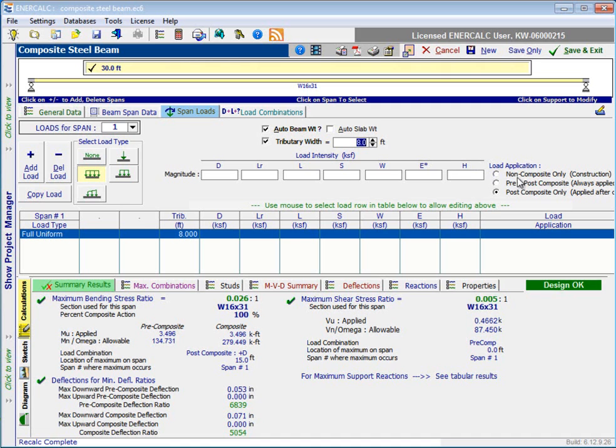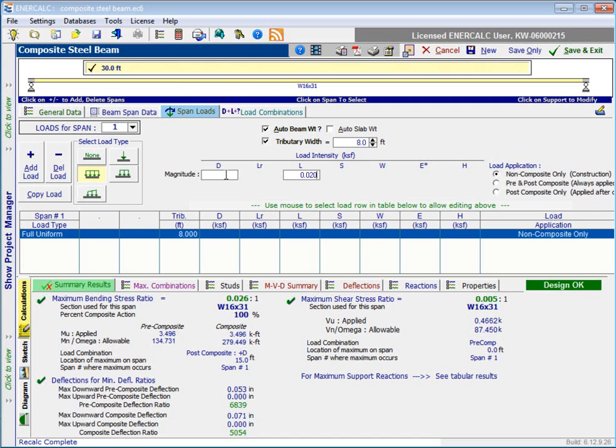So I'm going to come over to the load application category, and I'm going to indicate that this load item that we're currently working on is going to define a construction loading condition. Specifically, it'll be a live loading condition, and I'd like to use a 20-pound construction live load for this design. So I'll enter that in units of KSF. That will be 0.020 KSF, or 20 pounds per square foot on this 8-foot